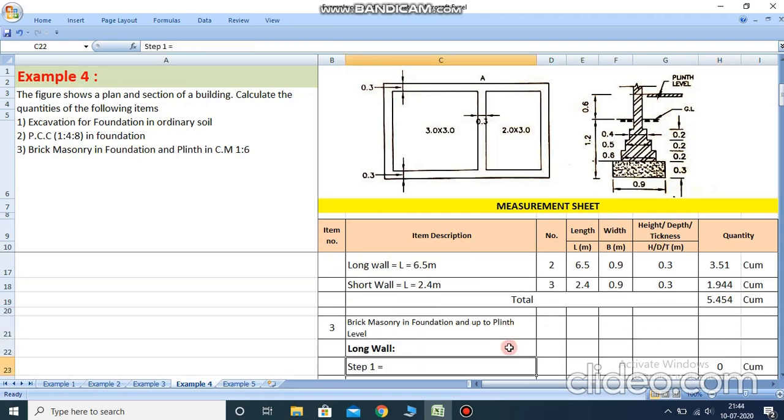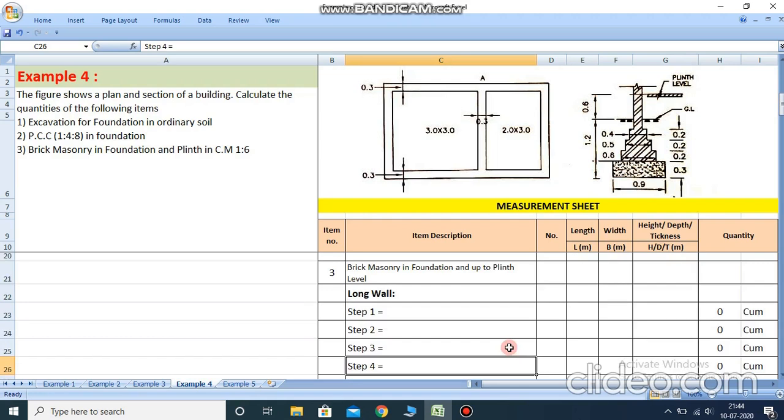Now we start the brick masonry up to plinth level. Here in the foundation, step footing is provided. So here are step 1, step 2, step 3 and step 4. Four steps are given. So I will show you. Here the first step is 0.6 meter width and thickness is 0.2. The second step is 0.5 meter width, thickness is 0.2. The third step is 0.4 meter width, thickness is 0.2, and the fourth step up to the plinth level has the same